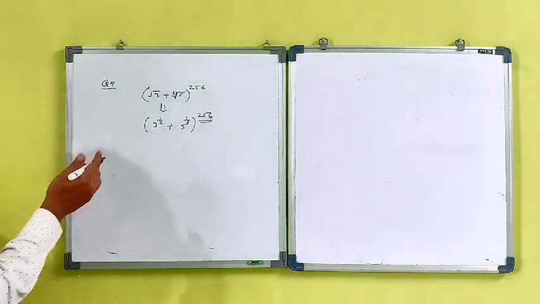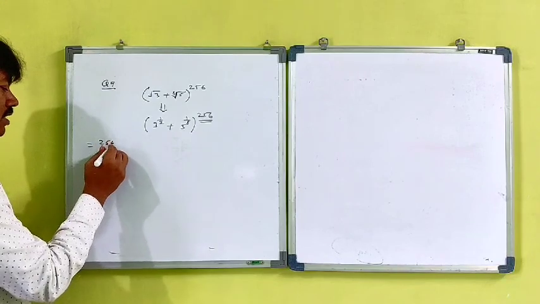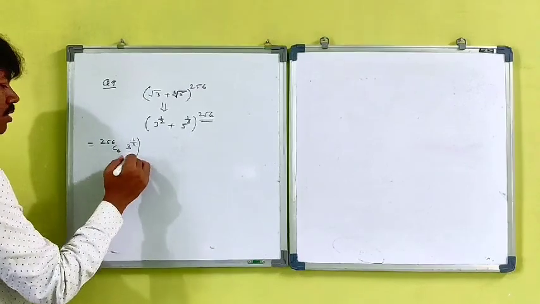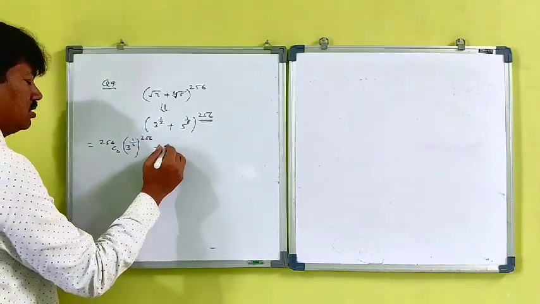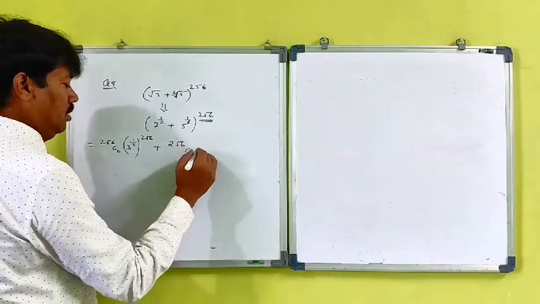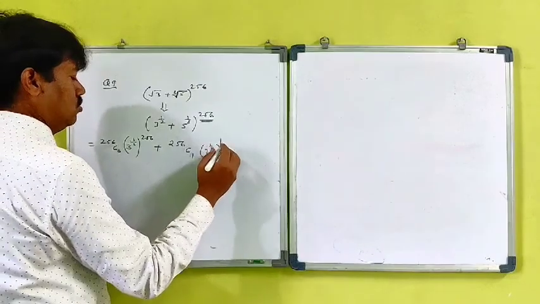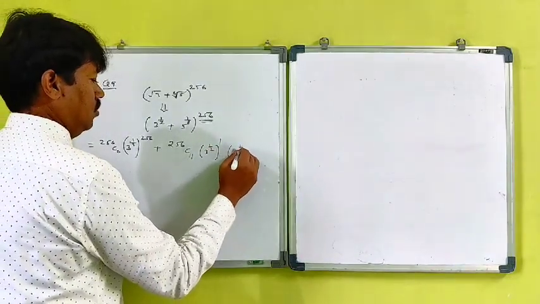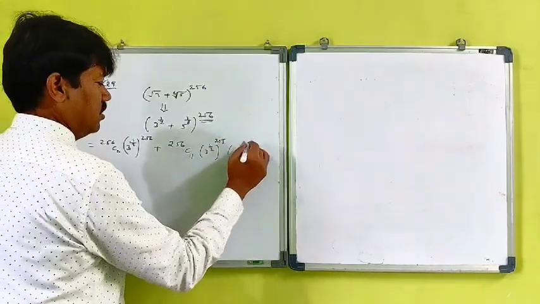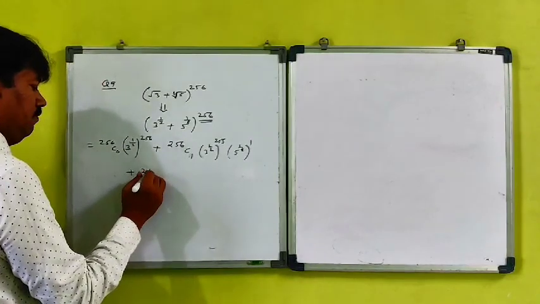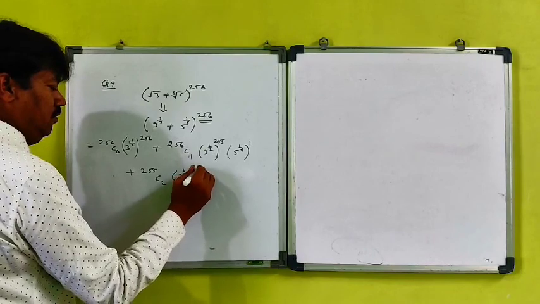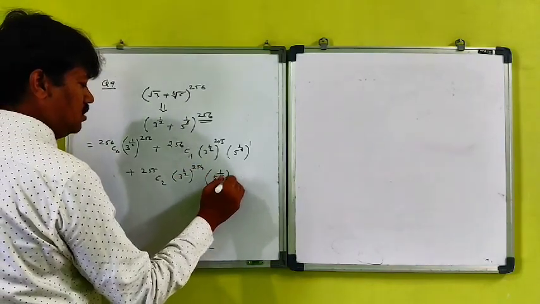So now if you just expand this, it will be what? 256C0 (3 raised to 1 by 2) raised to 256. Next 256C1 (3 raised to 1 upon 2) raised to 255, (5 raised to 1 upon 8). Power reduces, raised to 1, plus 256C2. It is 254, 5 raised to this